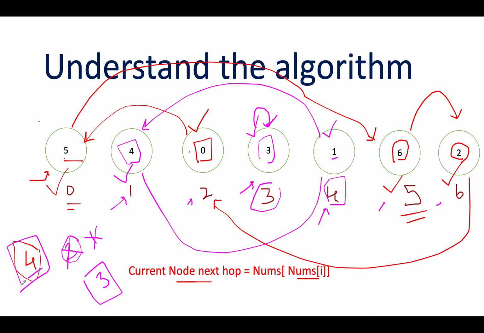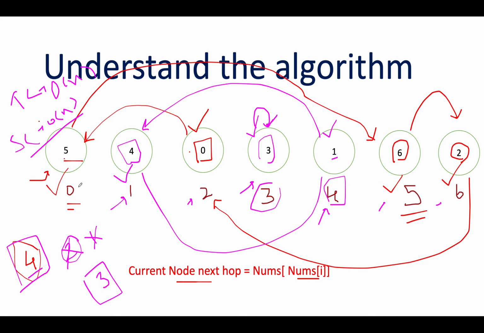Pretty straightforward. If you go by this approach, there is one shortcoming. The only shortcoming is you are consuming extra memory for keeping track of what nodes have been visited in the past. The time complexity for this approach is order of n because you are visiting all the nodes only once, and the space complexity is also equal to order of n because you are keeping track of visited nodes by virtue of the Boolean array that we have created.